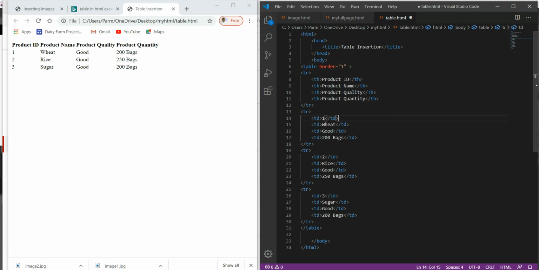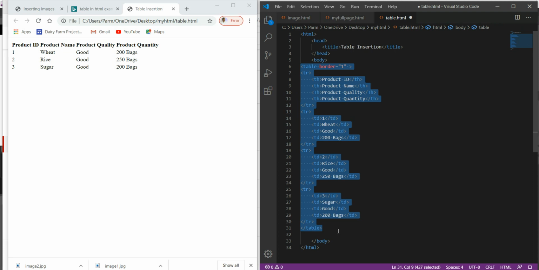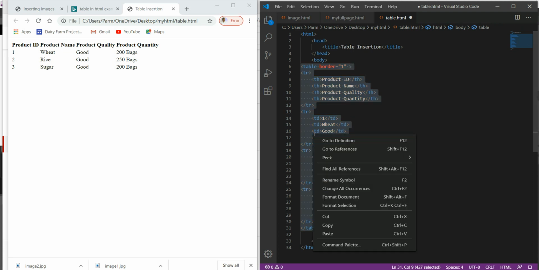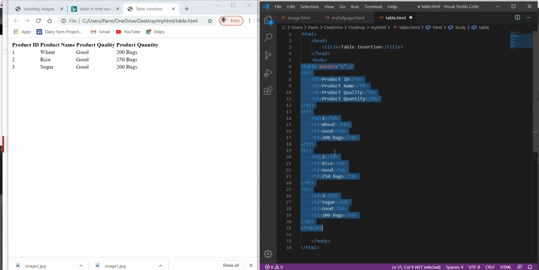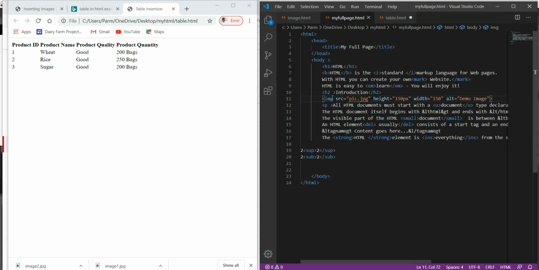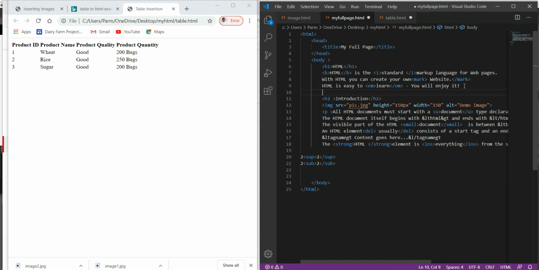If we copy the contents of this file, say from where we started creating the table to where the table is closed, Control C, and insert it somewhere in my page, like before the introduction section, I just paste it over here.